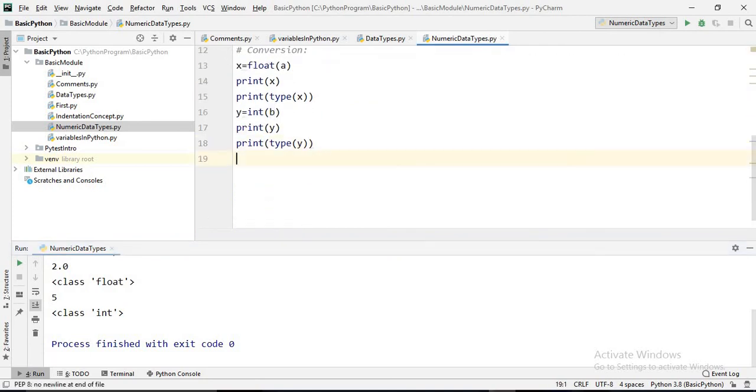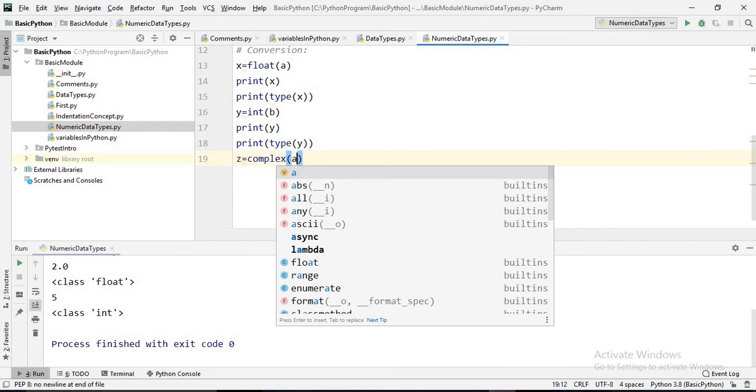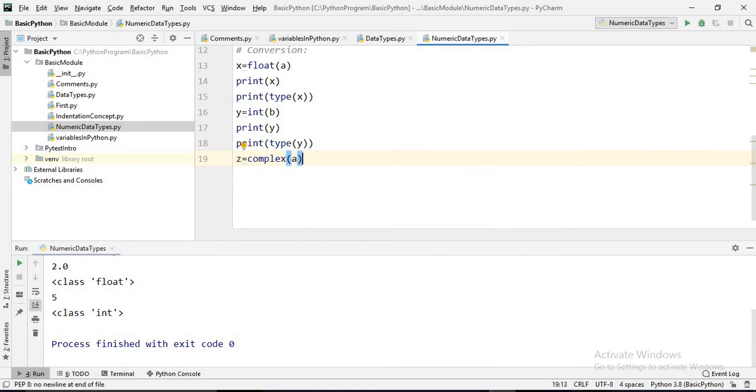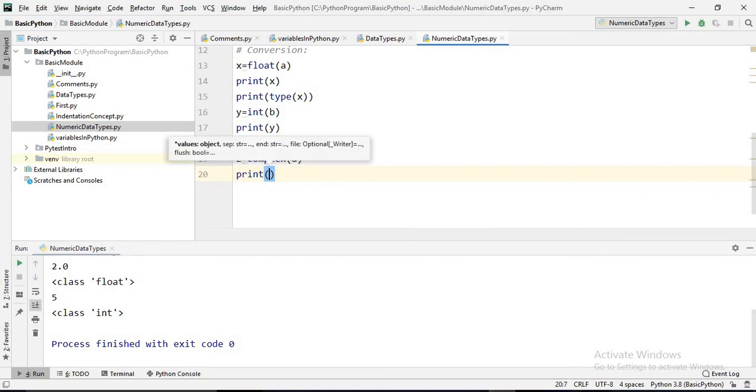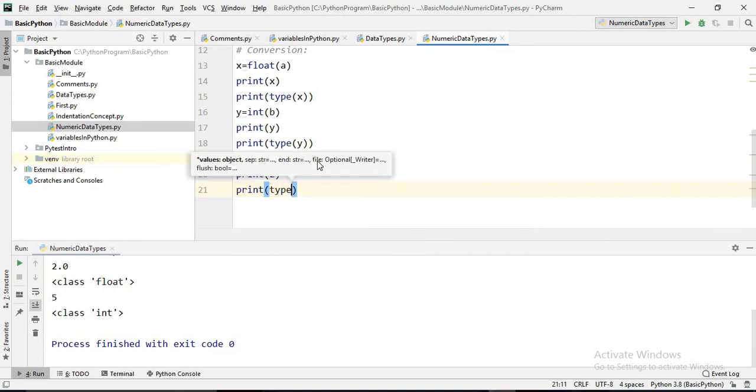Let's do one more: z equals complex of a. Complex is a function, and I want to convert a into complex. Print z and print the type of z.